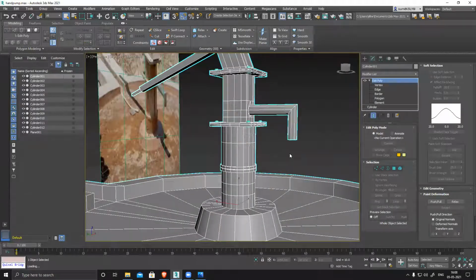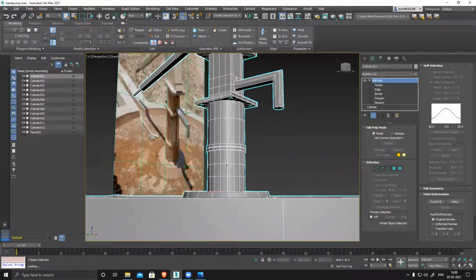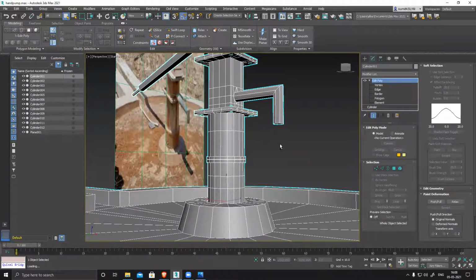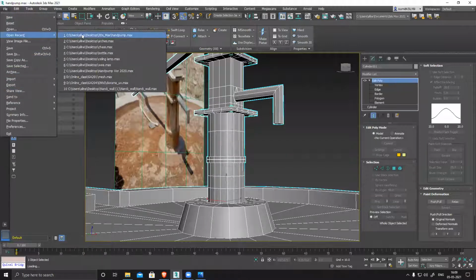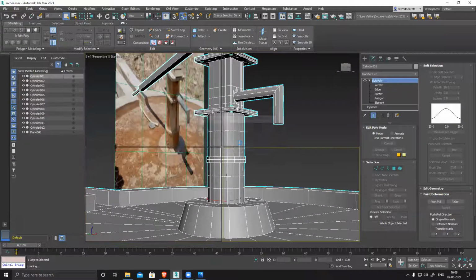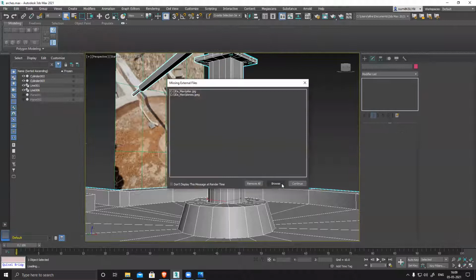One more problem: when I was working on Arch 5, making the semicircle thing, I was selecting the edge mode and trying to bridge it all at once, but it was not bridging. So I had to select one edge and connect it manually, which was very time consuming.